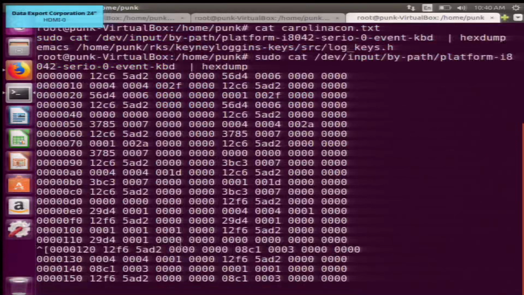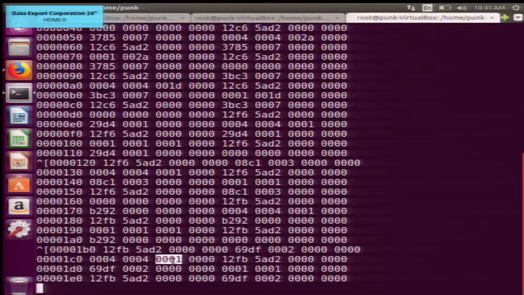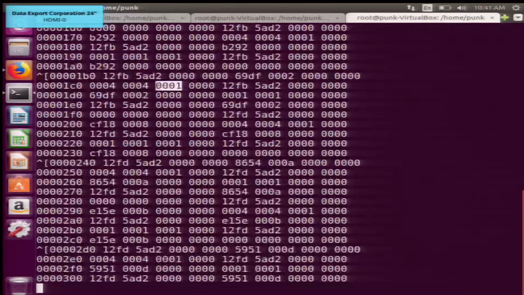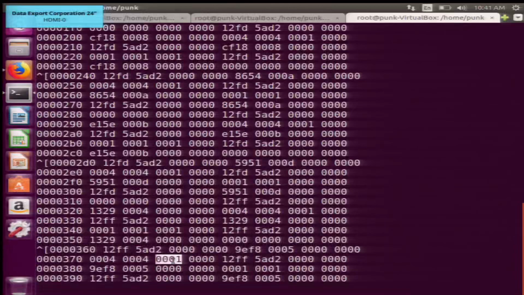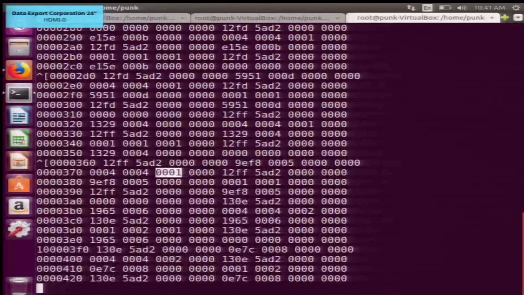So we see that we have 1 right here, 1 again right there, exactly where my mouse cursor is. We keep having 1s, and then now, extremely confusingly, I'm going to press the number 1 on my keyboard, and the code for the number 1 is 2. I don't know why they did that, but there it is right there.